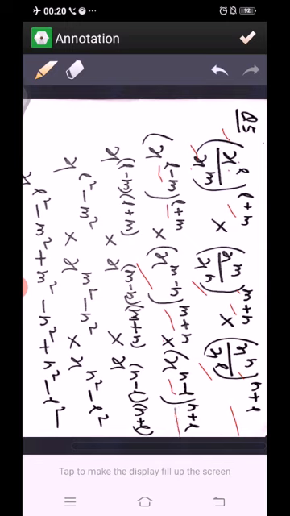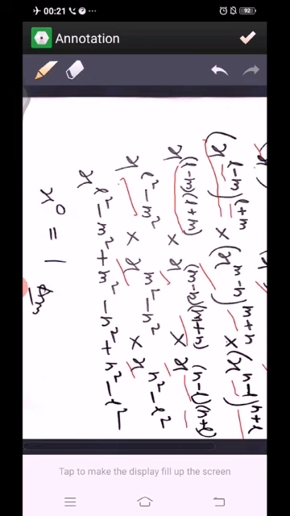Now power over power, the second law which we have studied in the rules, is applied here. So L minus m into L plus m, and here x power m minus n into m plus n. Same thing here, x power n minus L into n plus L. We can see this makes a formula. L minus m, L plus m, that is L square minus m square, like a plus b into a minus b equal to a square minus b square. Same thing, x power m square minus n square and x power n square minus L square.